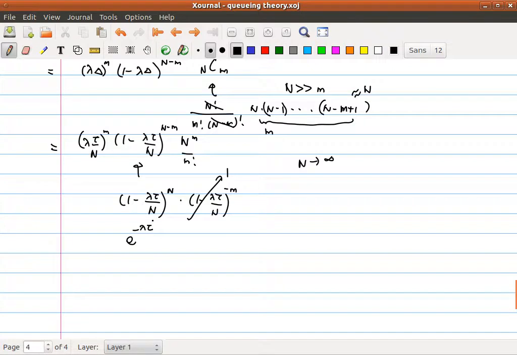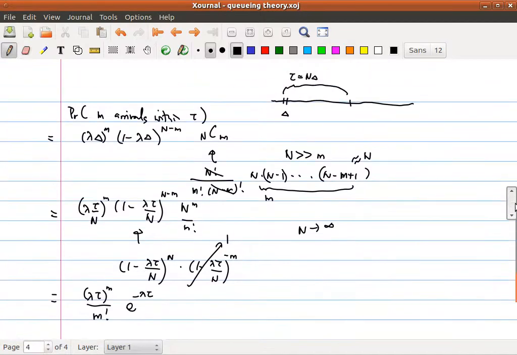And let's see what else. And of course, this gets cancelled here. n to the m here and n to the m here got cancelled. So therefore, we have lambda tau to the m over m factorial here. And that's it. That's what we have here, the probability that we have m arrivals within tau. And actually, one can easily check this is correct, because let me just write this